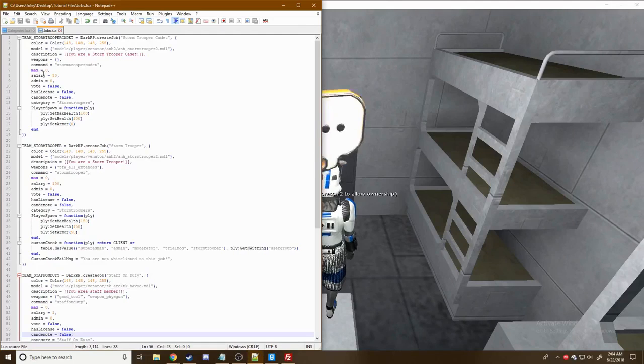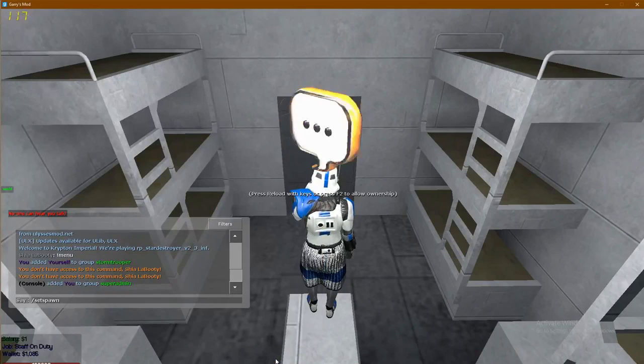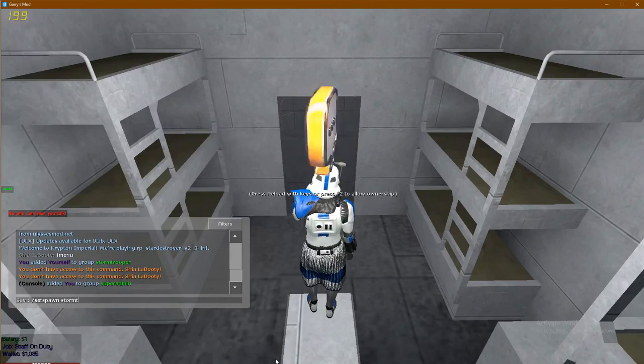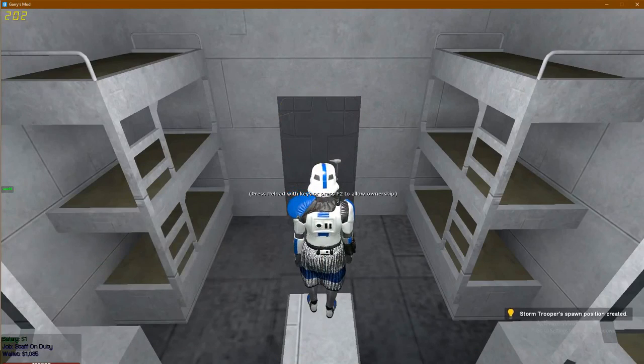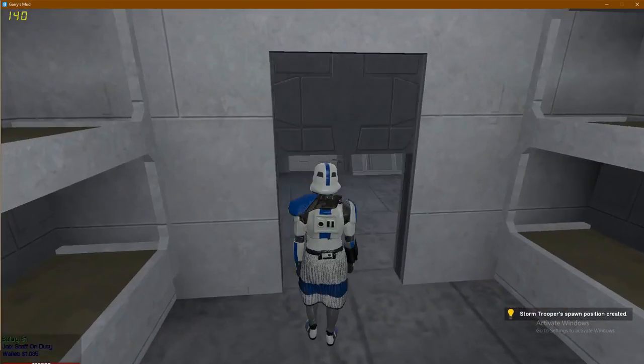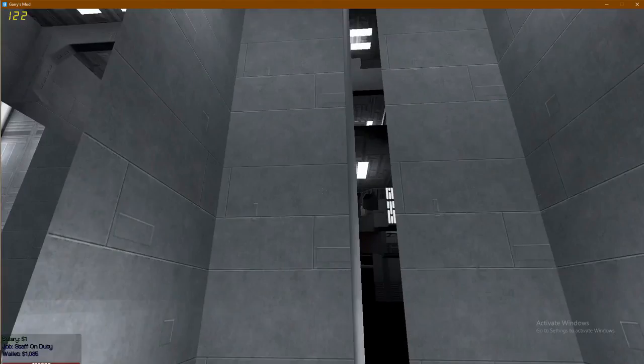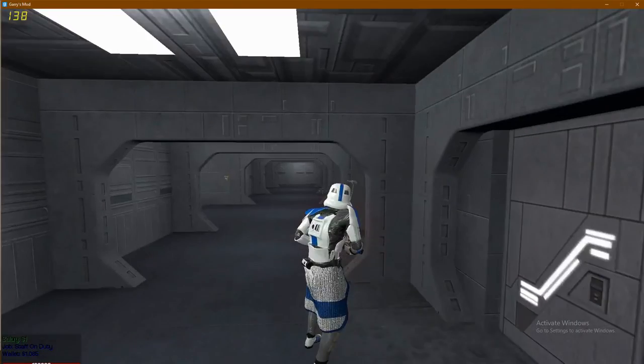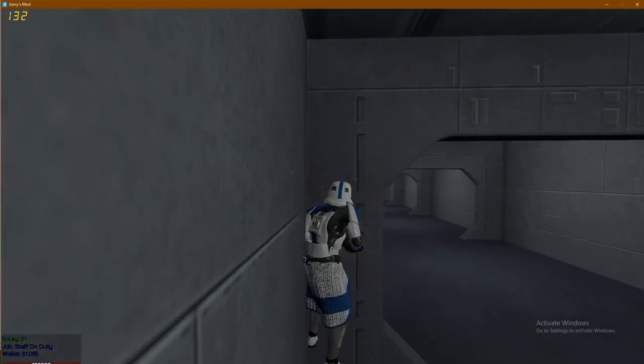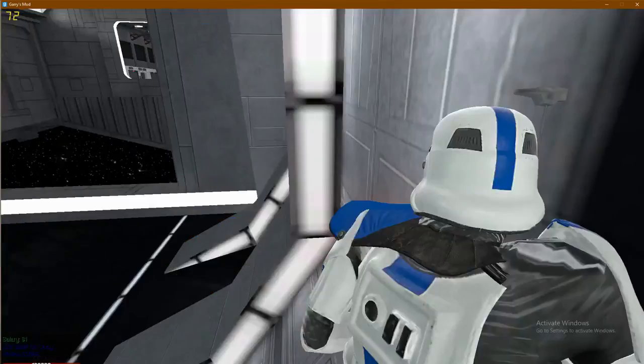So for instance, for Stormtrooper, we put the command as Stormtrooper, all lowercase, one word, so we would need to put Stormtrooper, and as you see in the bottom right, Stormtrooper spawn position was created. We'll make a recruit room. You could do so as well by finding an area for the recruits,